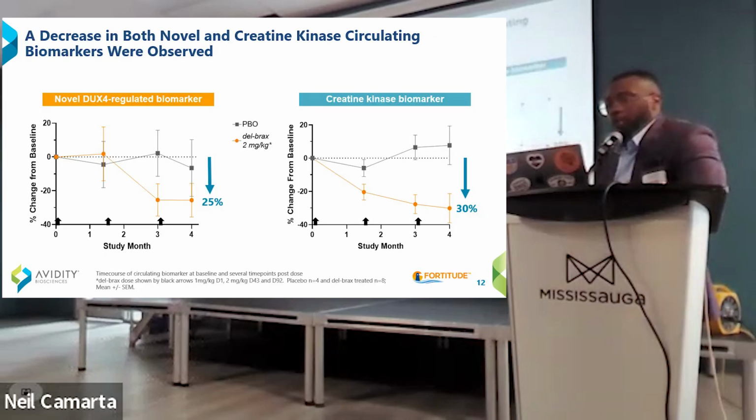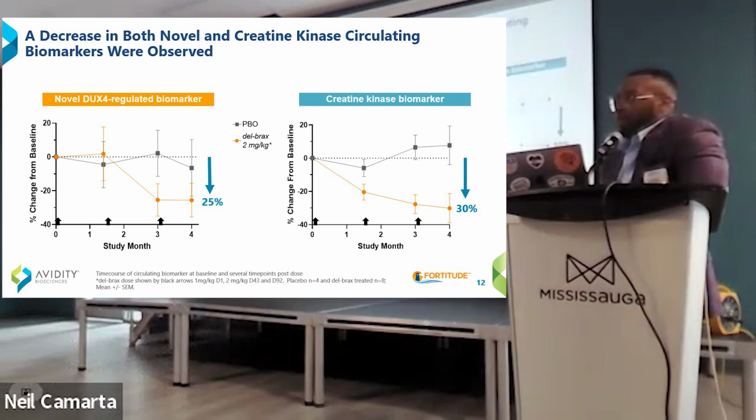Likewise, we are also looking at circulating biomarkers. We are also developing a biomarker in-house, but then we also looked at creatine kinase, which we know is released when muscle is damaged. So what we are seeing here is, just like what we observe in creatine kinase and an internal biomarker,